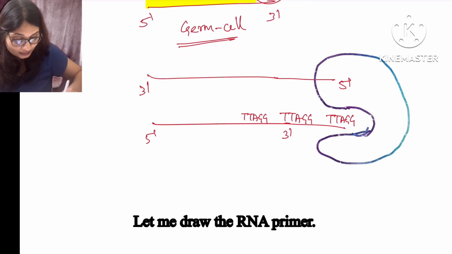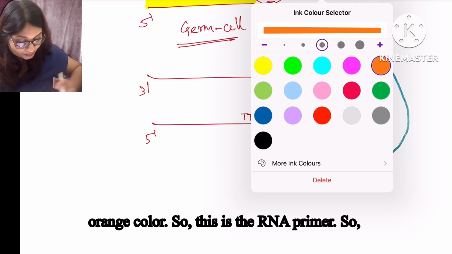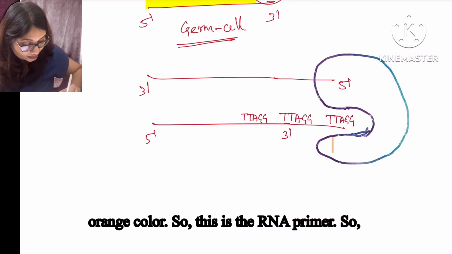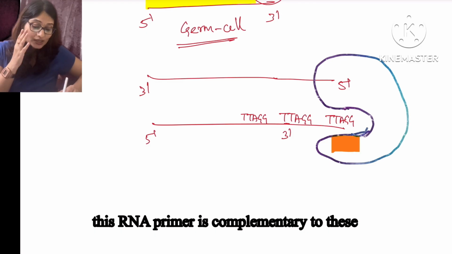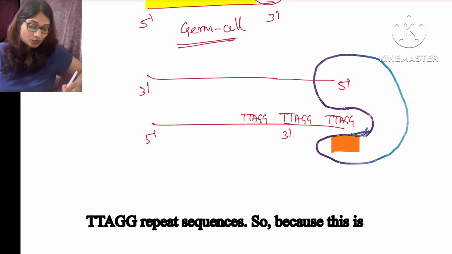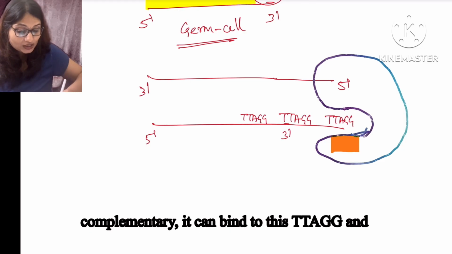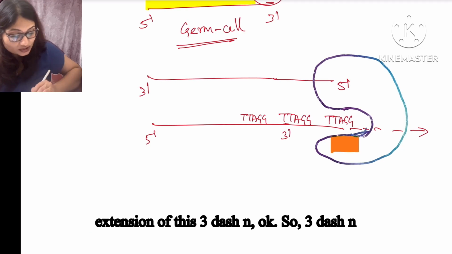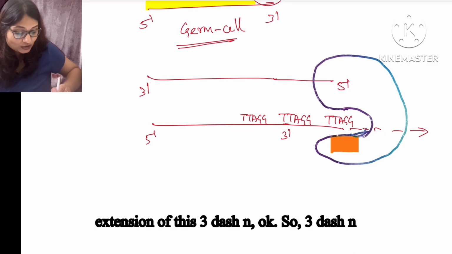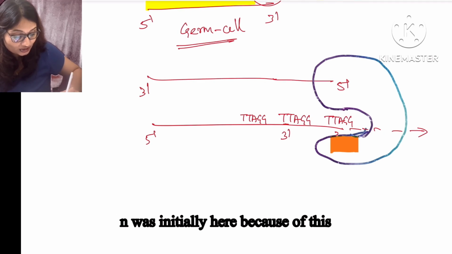Okay, let me draw the RNA primer. Let me use orange color. So this is the RNA primer. This RNA primer is complementary to these TTAGG repeat sequences. Because it is complementary, it can bind to this TTAGG and bring about extension of this 3' end, which was initially here